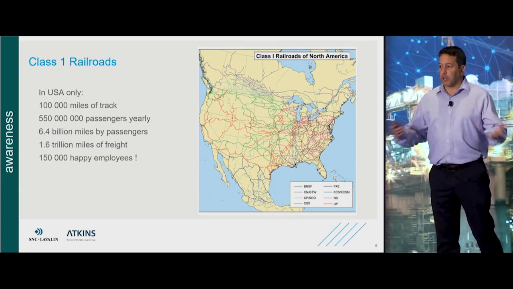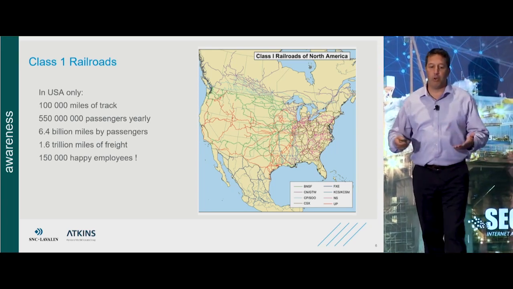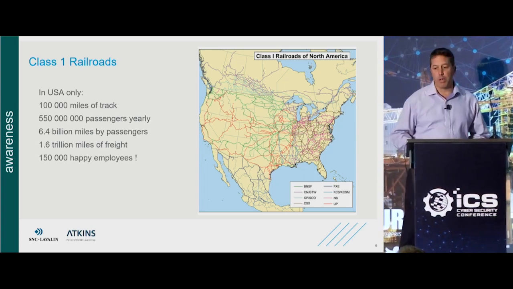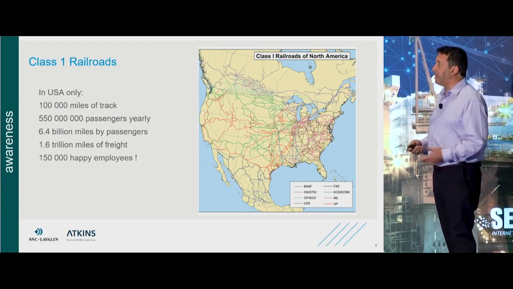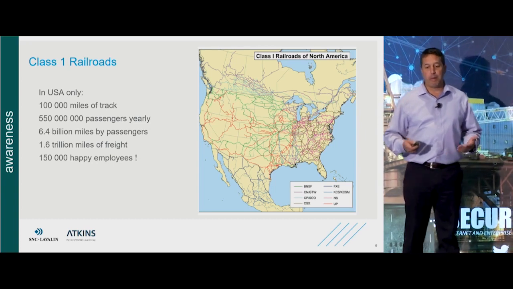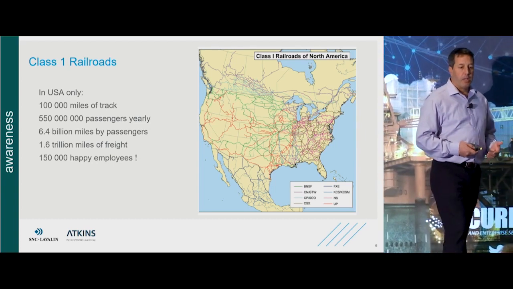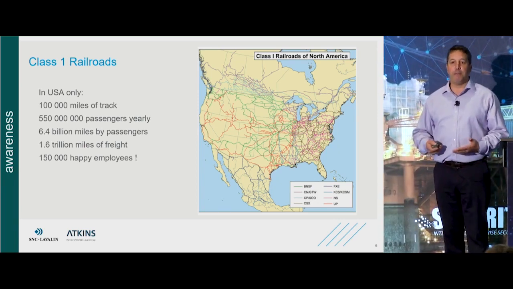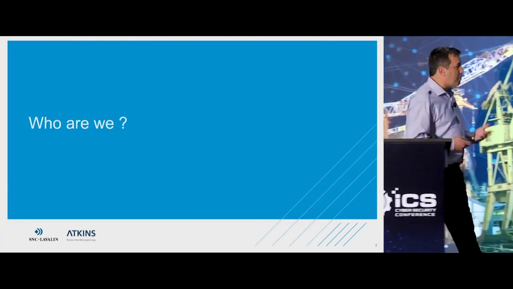So I'm not going to bore you too much with track systems, because in essence what we're talking about really is ICS, but just so you know, there's 100,000 miles of track on what we call Class 1 railroads in USA only. That's 500 million passengers yearly, 6.4 billion miles made by passengers, and 1.6 trillion miles of freight. All of this is under the happy maintenance and the good hands of 150,000 happy employees. And you see where I'm going with this. So before I move forward,